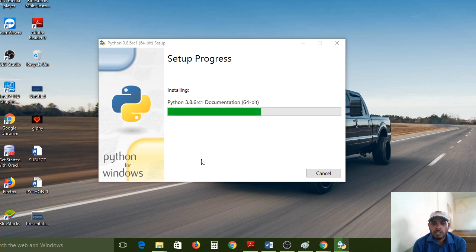So please check the internet connection before you install. Here I am using my mobile data, that's why it is slow. If you have Wi-Fi, it will install very fast.